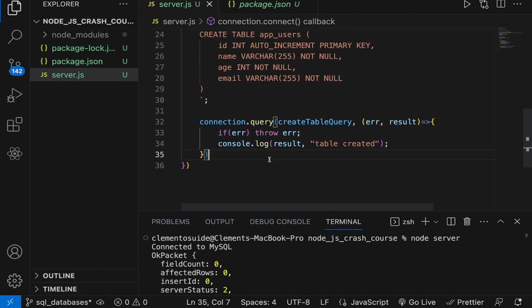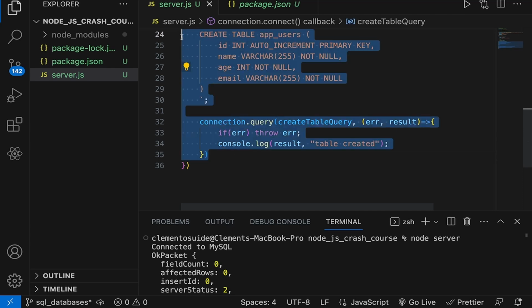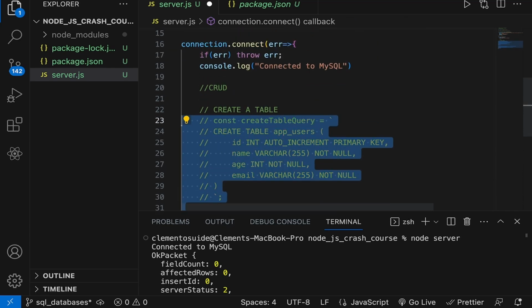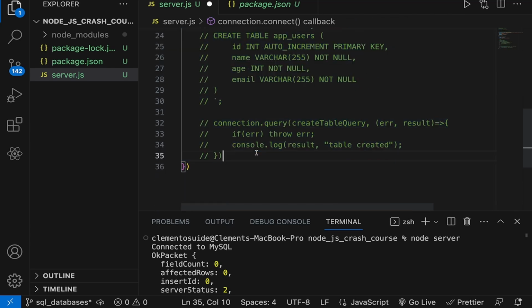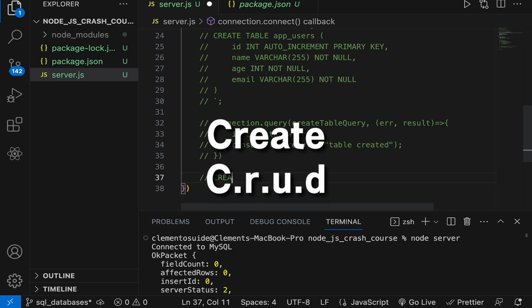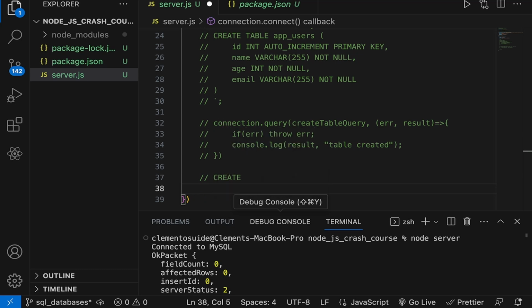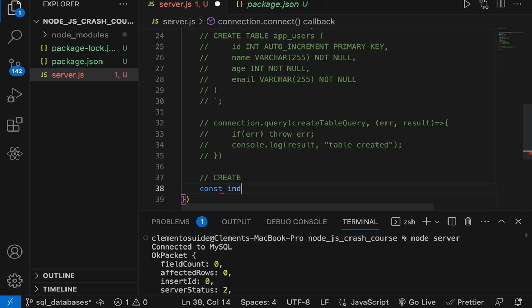So how do we do that? The first step, of course, is let's just comment out this code so we don't keep on trying to create a new table. And what I'm going to do is I'm going to do the create part of the CRUD operation, which involves writing a query to create the user in the app users table. So how do we do that? I'm going to just do this as straightforward as possible. I'll call this const insert user query. I can call it create user query